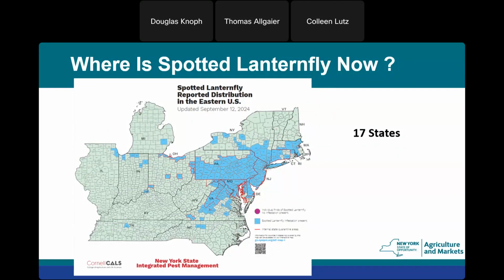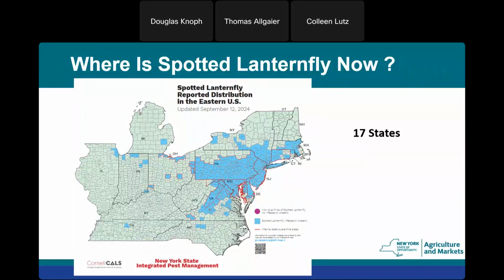It could be one population in one area of the county, or it could be the entire county, which would be the case, say, in Nassau County or Westchester. However, in other counties, say Seneca, it's just one small location in one town. So the blue area looks very daunting, but when you take that into account, it's not as bad as it first seems. It's still bad, but not as bad as it seems.